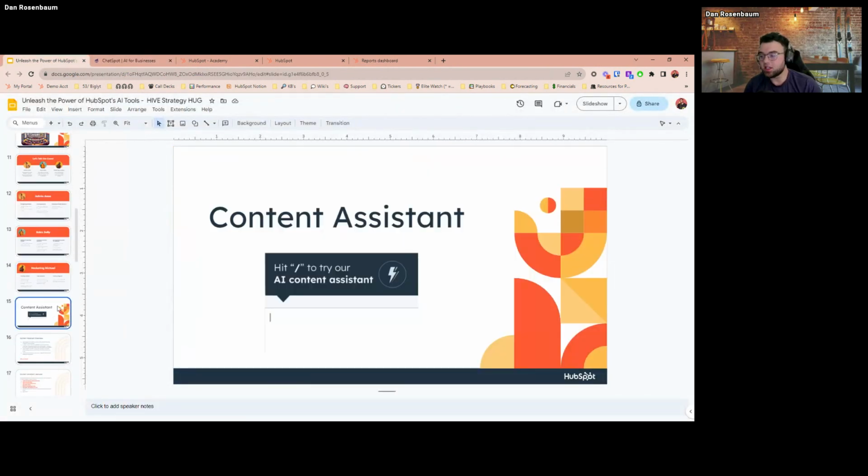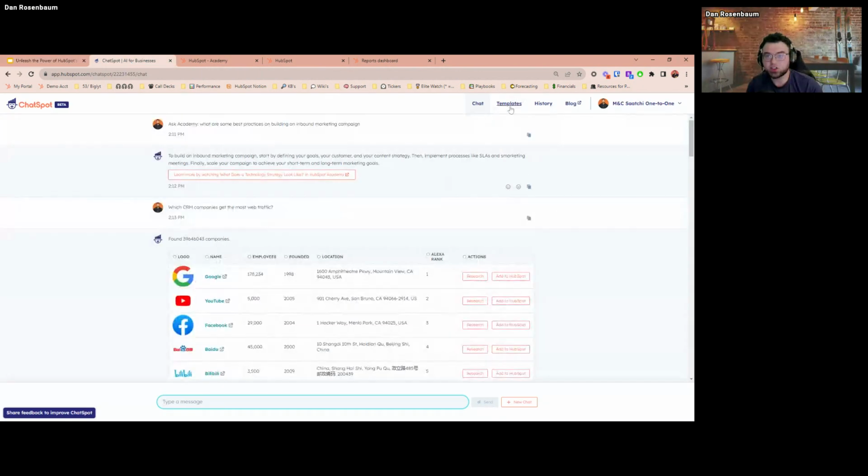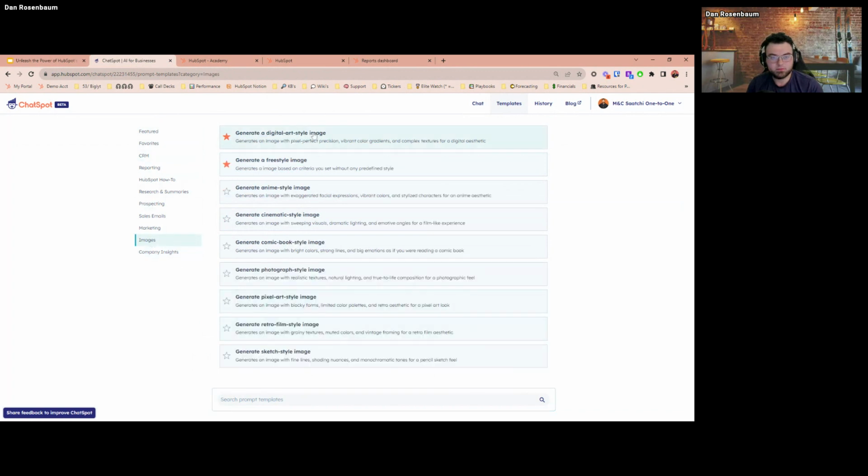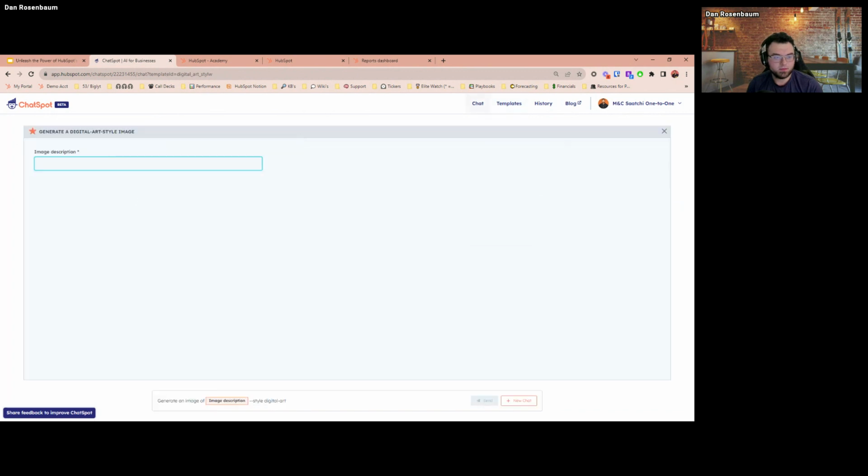Okay, so that is ChatSpot. Any other questions, drop them in the Q&A there about ChatSpot capabilities. There's a lot more that we didn't talk about. So again, my number one suggestion is check out the templates. Just look through these, see what you can do, and give some stuff a shot. I'm going to make an image quick while people are thinking up questions.